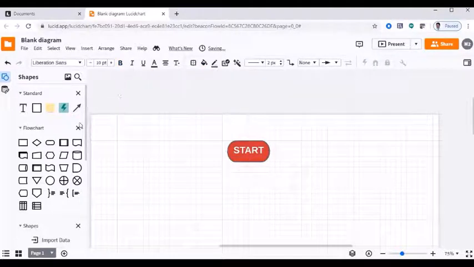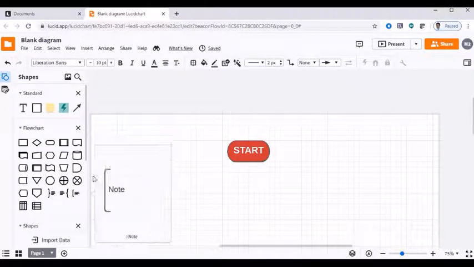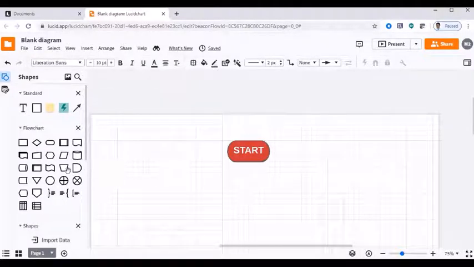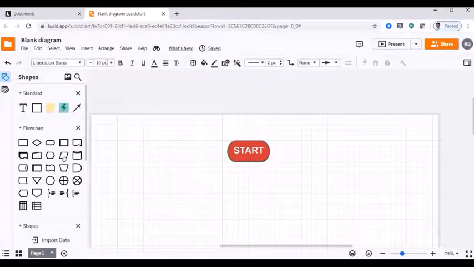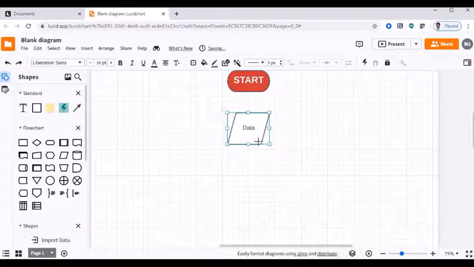From that we have to go to the second step, input number. Data: click and drag to bring it into the display area. Double click to change the text to input number.